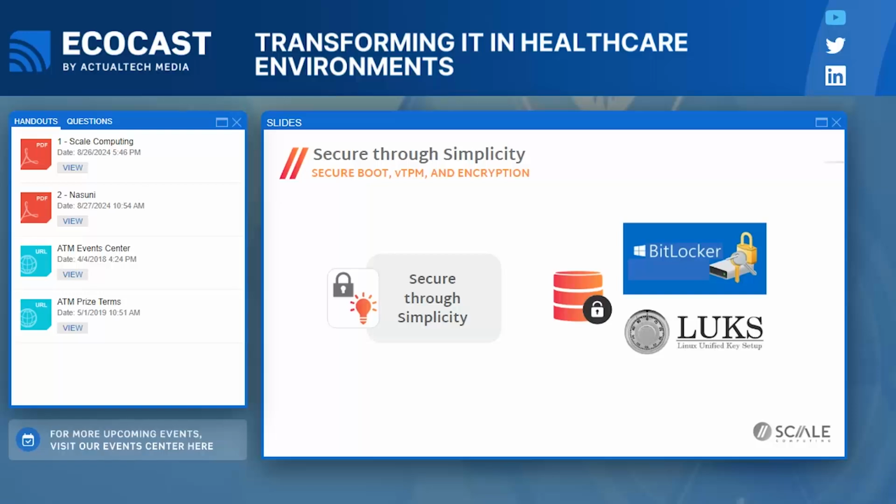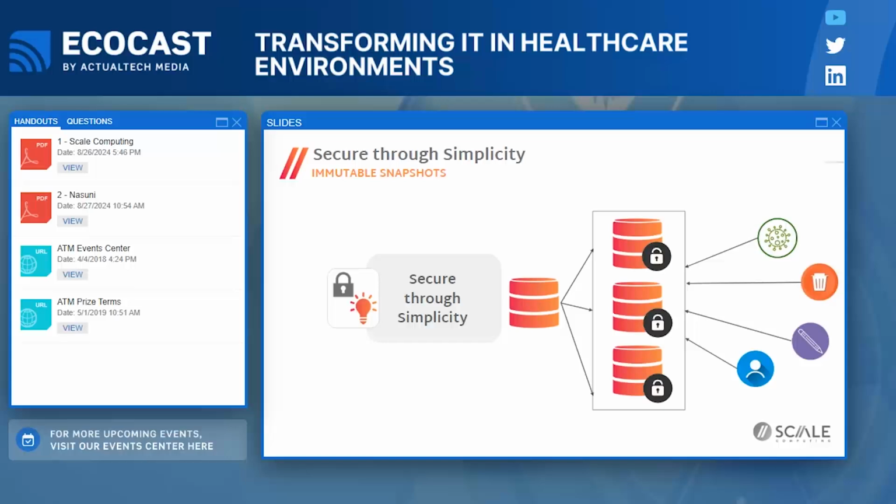Now, virtual TPM, if you will, provides encryption key security that is very similar to physical TPMs, and enables the use of tools like BitLocker and LUKS for encrypting storage within the guest environments. It protects sensitive data from unauthorized access and ensures data integrity. Now, HyperCore support for Secure Boot and vTPM is a strengthening piece of our puzzle by giving you the security and protection of the boot process and securing that sensitive data with the robust encryption measures that you need.